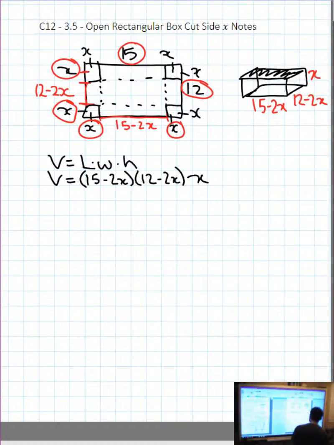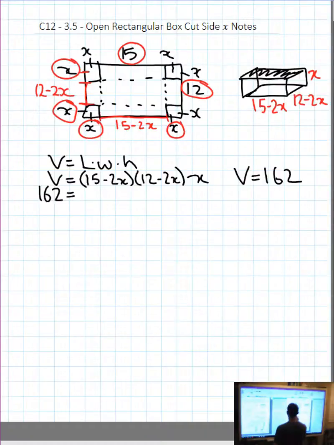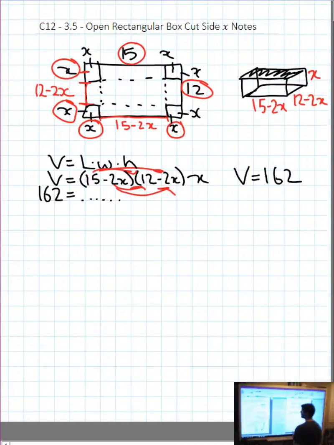Now, I'm going to read the rest of the word problem. So find the length of the squares that must be cut from each corner so the box has a volume equal to 162. So I can simply take V and substitute 162, and then the right-hand side stays as it is. Feel free to rewrite it. And now I'm going to FOIL it all out, multiply this all out, and then combine it with the x after. I'm going to let you do that for fun at home, but it FOILs out to be